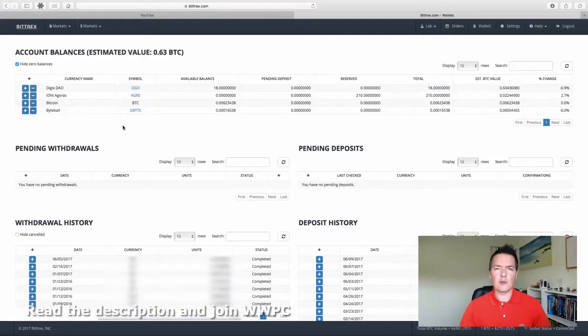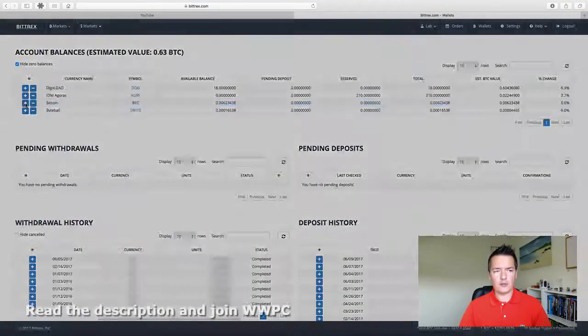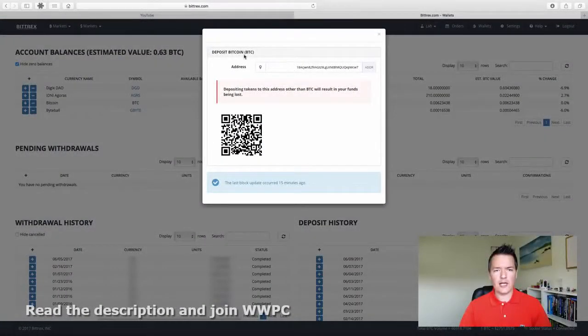So let's assume that we want to deposit Bitcoin, and you can deposit virtually any coin that is on the actual exchange itself. So it could be Bitcoin, Litecoin, Ethereum, etc. What you would need to do is find the coin that you want to use. In this case, we're going to be using Bitcoin. And then if we click on the actual plus box, it will give us a deposit address that we can use for depositing funds to the exchange. So you can see this is a Bitcoin address. We will just select that,